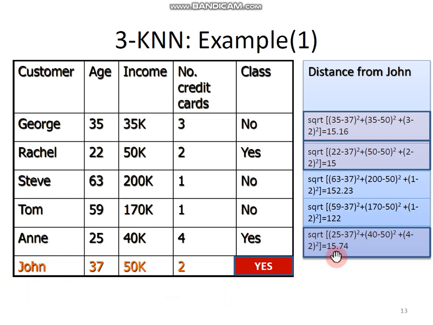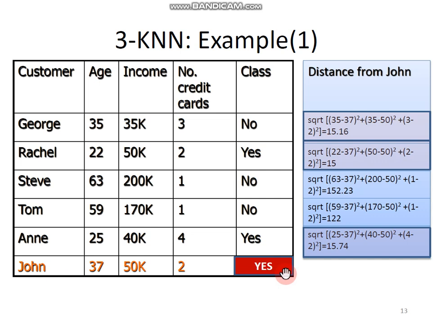Then check which classes they belong to. Anna belongs to the yes class, Rachel also belongs to the yes class, and George belongs to the no class. So we got 3 neighbors of John. Out of them, 2 are from the yes class and 1 is from the no class. So by the majority class concept, we will assign John to the yes class. This is how the k nearest neighbor approach works.